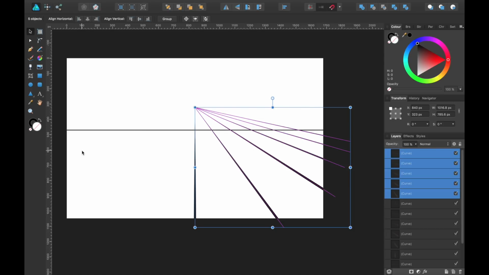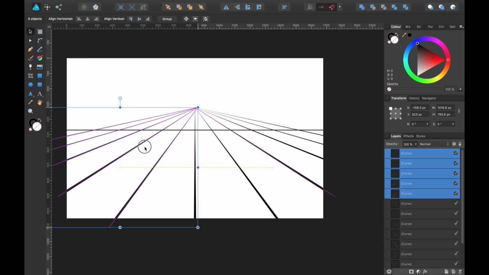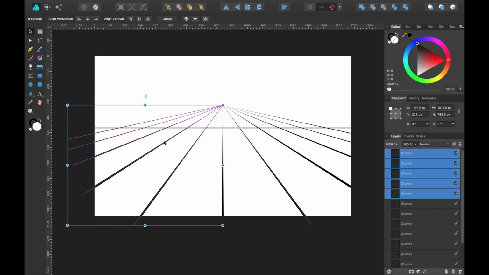So we're going to want to flip these to this side. Now we can go up here and flip horizontally. There we go. Hold down Shift, click and drag. There we go.